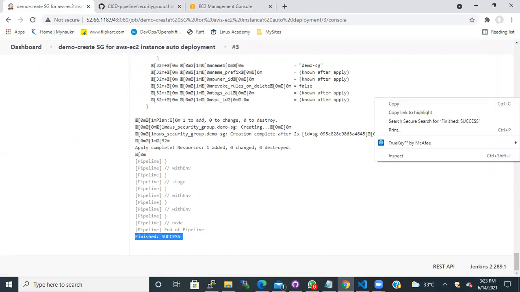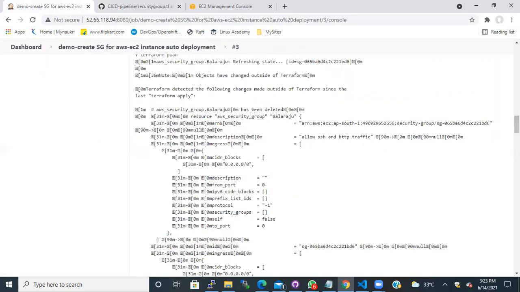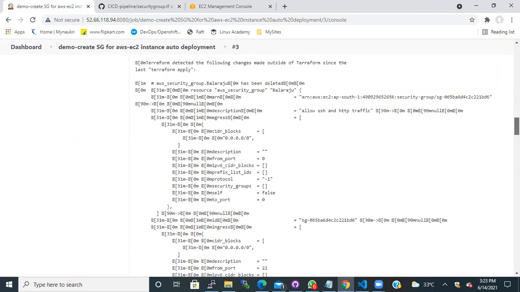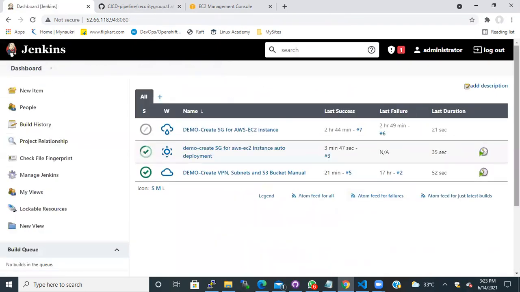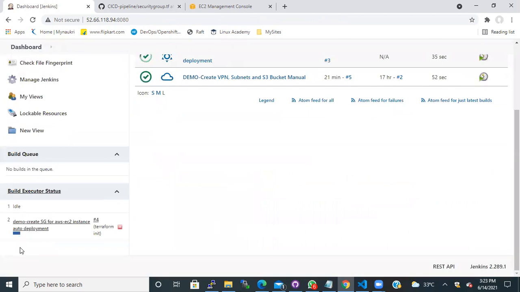Where is the dashboard? You see, right? It's happening. Now you will see that 443 will be added to your security group. I'll show you that as well. Now you see here, now it's performing Terraform plan.